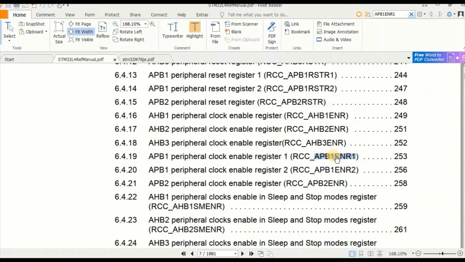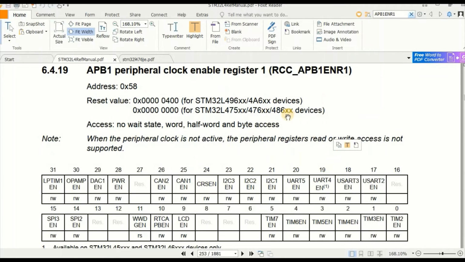This one we are looking for. Look, the peripheral APB1 peripheral clock enable register. It will enable the clock of APB1.